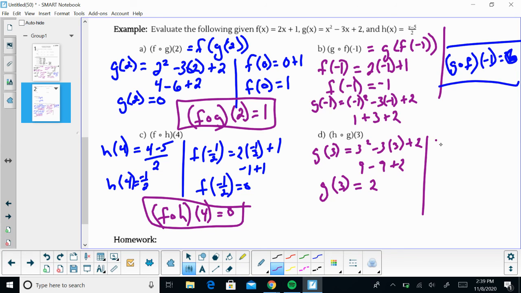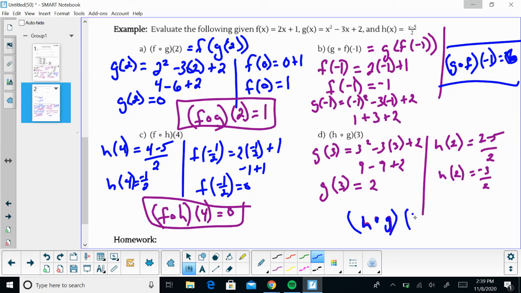Now we'll find h of 2, which would be 2 minus 5 over 2. 2 minus 5 would be negative 3 over 2. So h composite g of 3